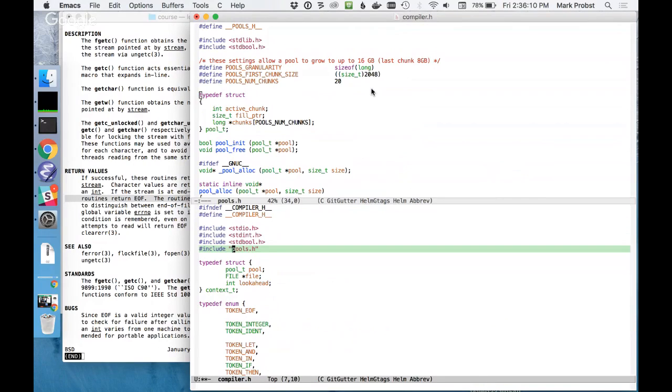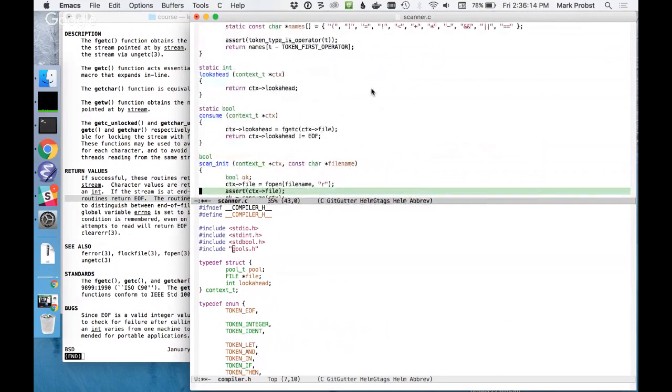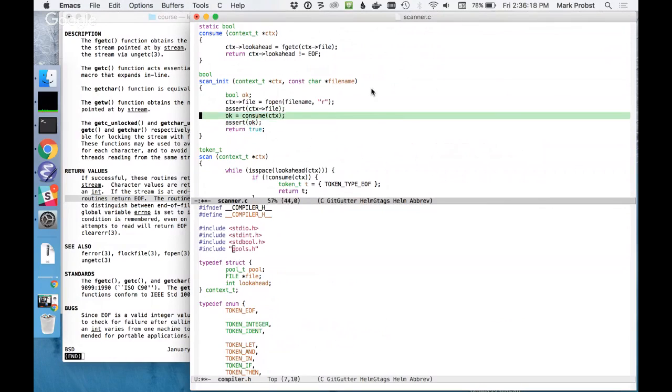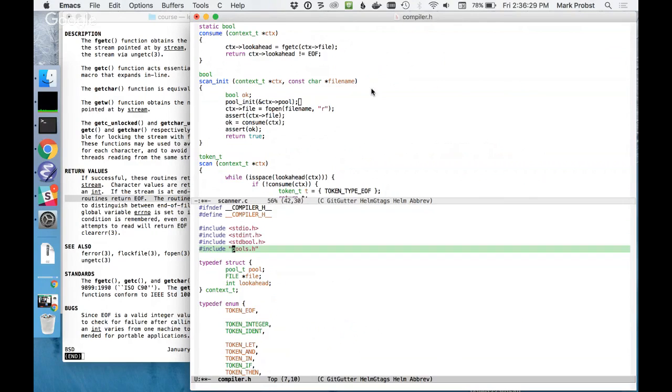And then what the scanner is also going to do is it's going to init the pools thing. And all of this stuff you have to do because C is very, very tedious. So I'm going to say pool init suffix pool, and I have to give it the address. And now that I've inited it,